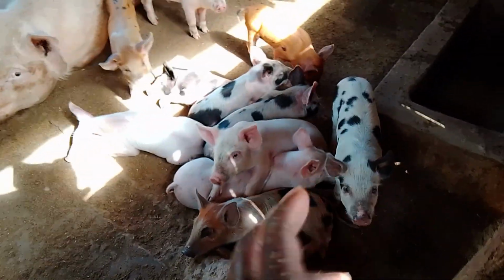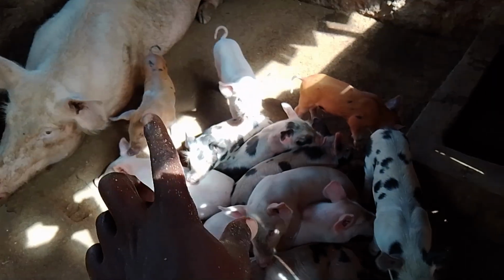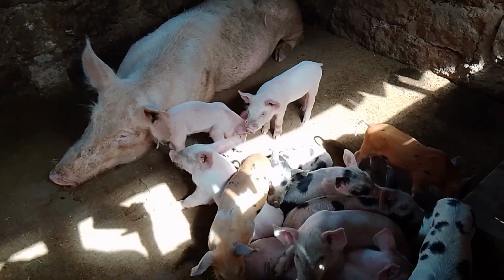The reason why you see these piglets have some black spots, or that one is somehow golden, is because of the father. The father was a Duroc. So this is a cross of Large White and Duroc, which gives you a perfect breed. The reason I'm saying it is a perfect breed is that the books tell us so, and